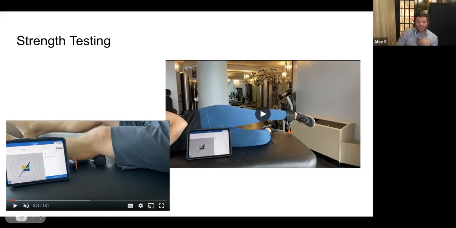And there's a little device that measures that pressure. What you're doing is putting someone into a quad set position, and you can strap their ankle down. You can do a quad set however you want, and certainly you can have a conversation on compensatory patterns from the glute and hamstring. But depending on how much they're able to push,